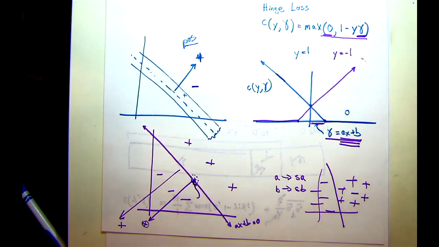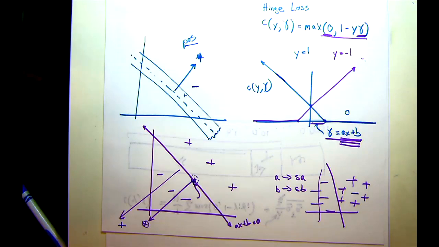Data's messy. There are no perfect answers for a lot of things. There might be a lot of reasons why that particular negative is in the wrong spot. It might be bad data collection. Later on we're going to talk about salary data, and maybe somebody got really lucky. Nothing in their history showed that they should make a lot of money, but they got lucky and got a really good job. That kind of stuff does happen.